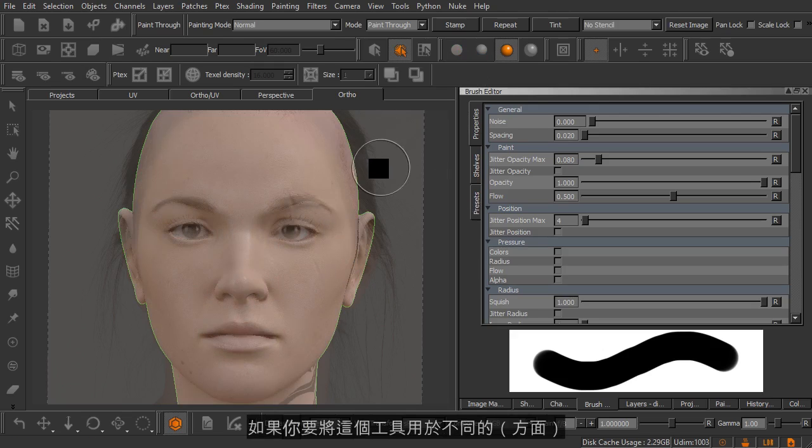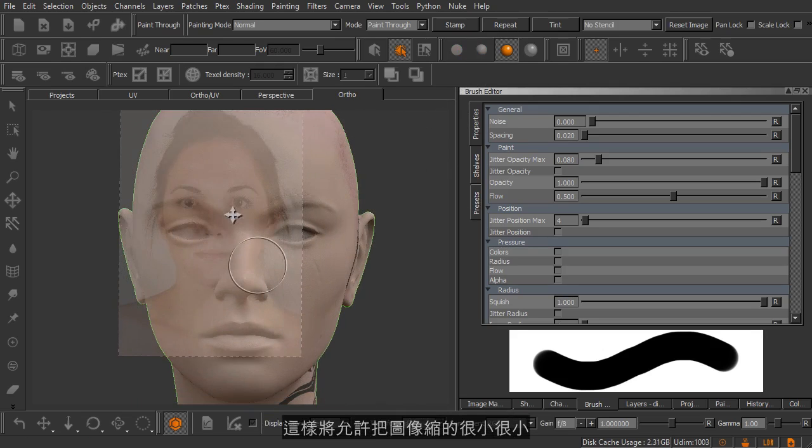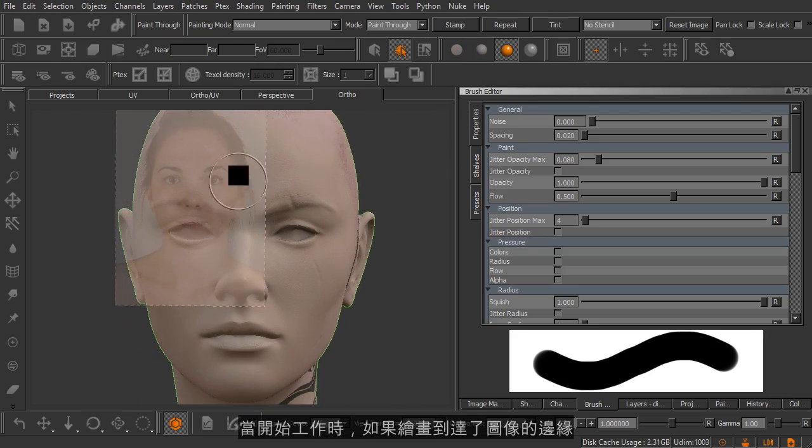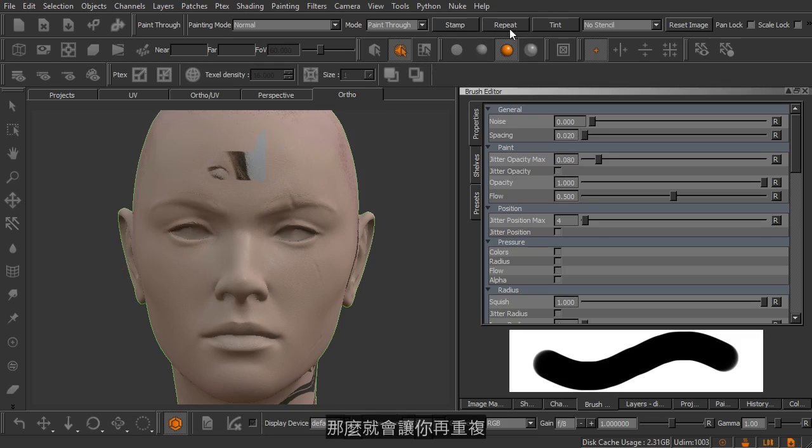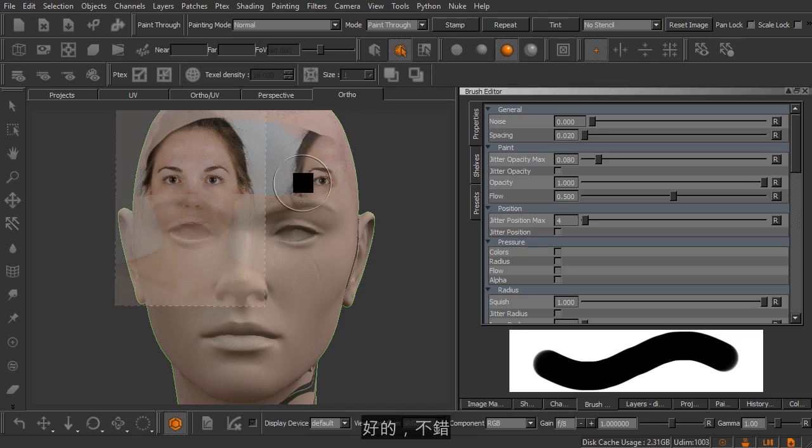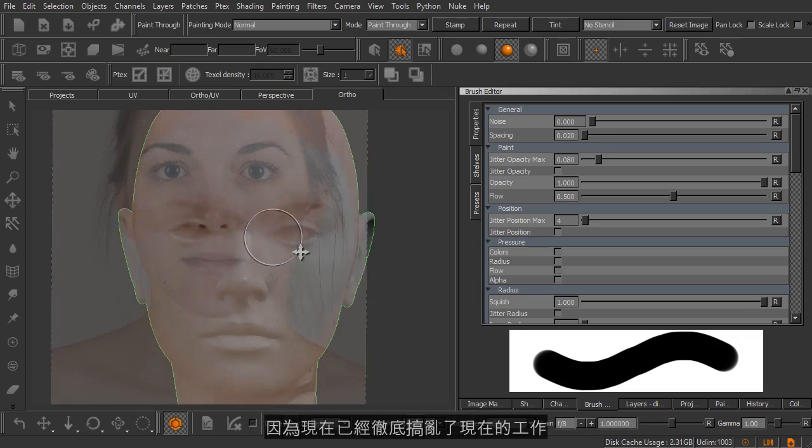And then if you're using this tool for something different, maybe you have a tileable image, you can turn on this repeat function here, and that'll allow you to basically shrink down the image very, very small. And when you reach the edge of the image, it will allow you to repeat that. So see how I can come in here and begin to repeat that, just like so. All right, fantastic. I'm actually going to go ahead and clear that out because I've completely messed up exactly what